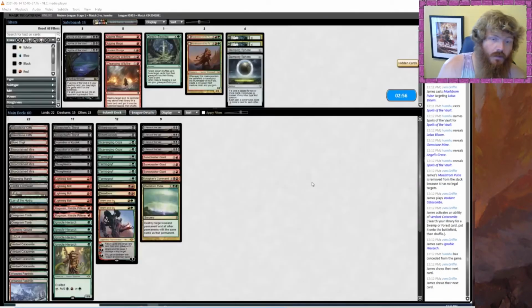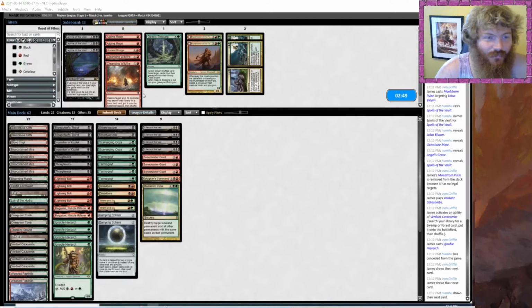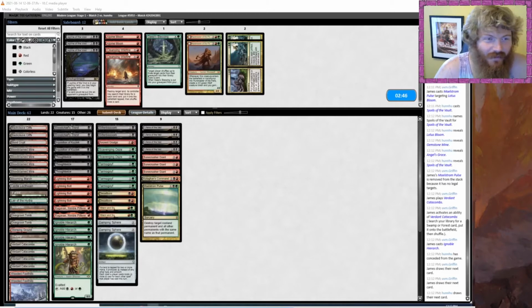And they conceded to the Ignoble Hierarch because that 1 extra damage was going to be enough. I don't know, that's really it. But